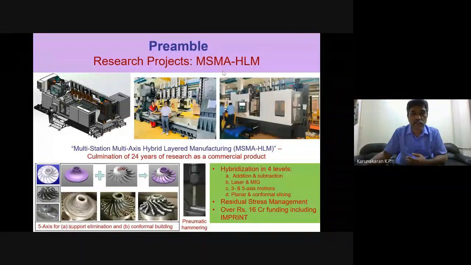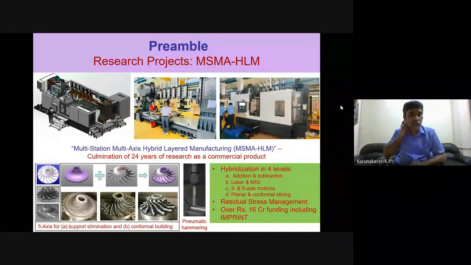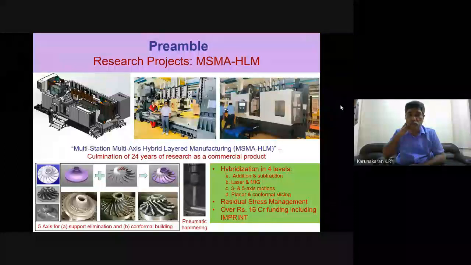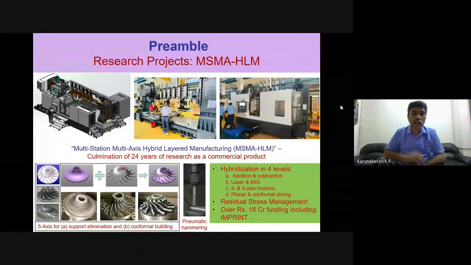The idea of HLM was conceived very soon after I joined IIT Bombay. At that time, we had FDM, fused deposition modeling system, which is a plastic 3D printer, the cheapest possible, affordable for any academic institution in those days. IIT Bombay and IIT Kanpur had a joint project through which it was procured. Even a year before us, IISc bought this. Interestingly, although most new technologies enter the country through academic institutions, through a lot of government funding, 3D printing did not come through